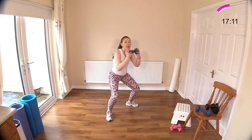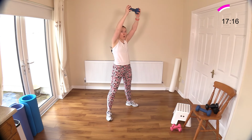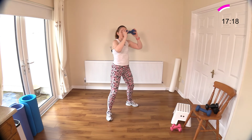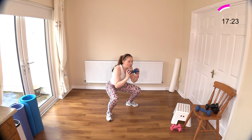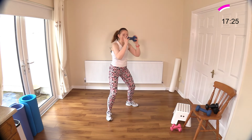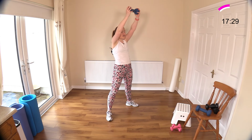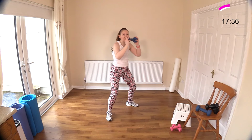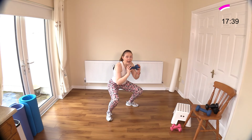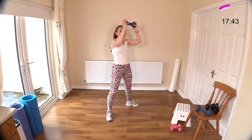Sit your hips down, far off to the ceiling. Down. Back is straight. Knees track out over your toes there. Shoelaces if you're wearing footwear. And straight up like you're throwing a ball at the wall, catching it and repeating. Now a little seat for anyone who has trouble with that, or use a chair. Sit on a chair, tap it, reach up to the ceiling with your weight or your weights. That's it, breathe in,